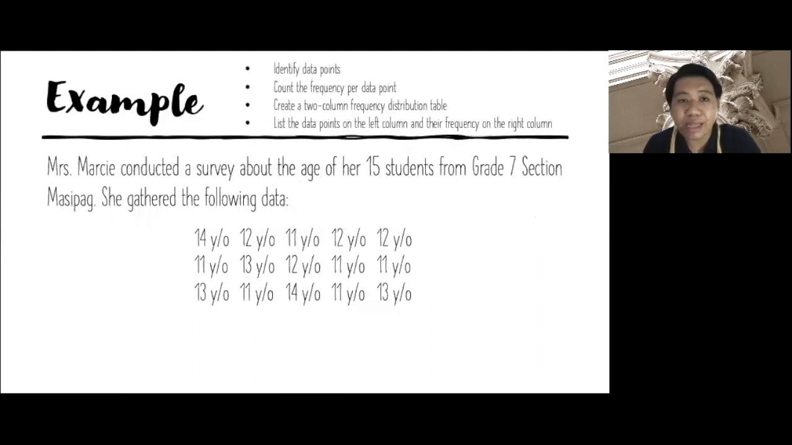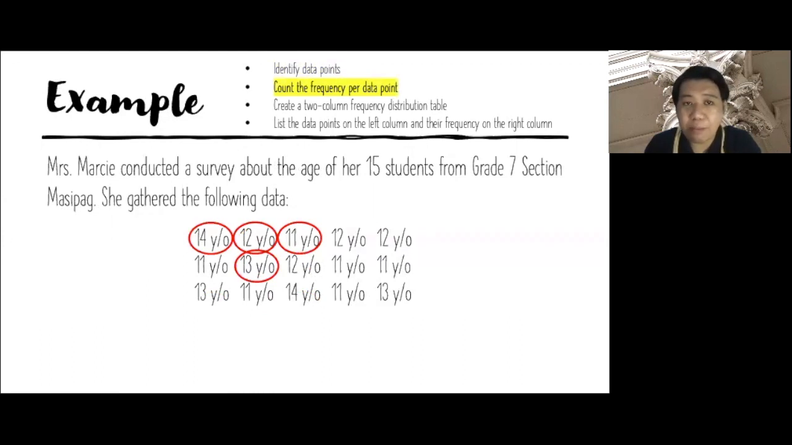So narito po yung ating step. Andyan po ilalagay po namin sa taas para atin pong masundan. So ang first step natin is identify data points. So nandito po, ang una ay 14 years old, next ay 12 years old, and then 11 years old, and lastly, 13 years old. So pagkatapos po natin ma-identify yung mga data points, gagawin po natin ay bibilangin po natin